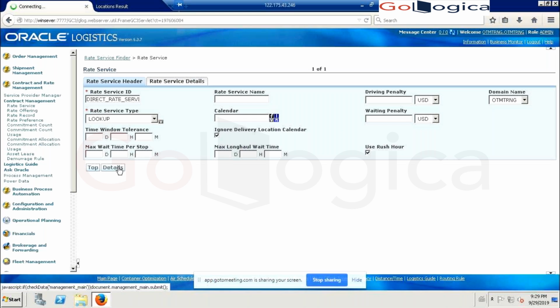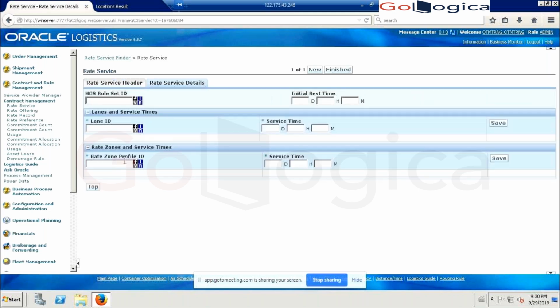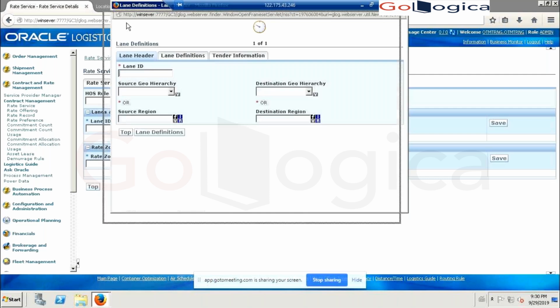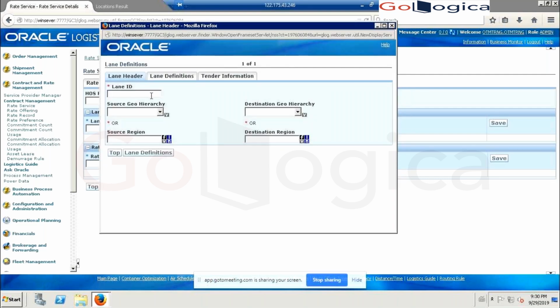So now I'm defining the lane here, because the lane will be from location to location. We have created, I mean, a direct lane Bangalore Chennai.